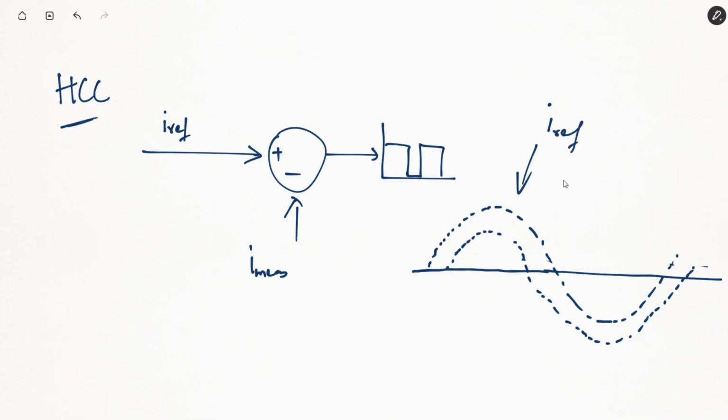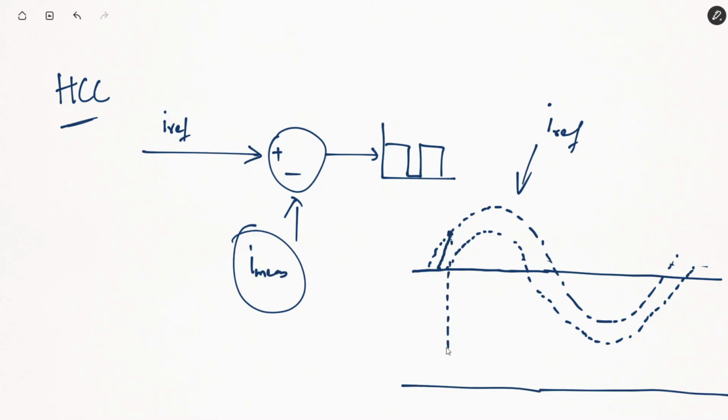Fine, so it has an upper band and a lower band. So our measured value of current, that's the actual starter current. इसमें क्या होगा कि आपकी जो starter current होगी that will rise. Fine. When it touches the upper band, logic states that आपका जो pulse है, आपकी जो switch है, that should turn off. So corresponding to this point, जो आपका pulse होगा that will be 0.